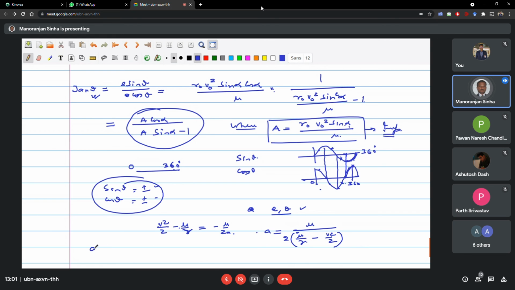And this can be simplified to write in this way: A equals r divided by 2 minus r v square divided by mu. So this is your semi-major axis. So this way we have A, E and theta determined